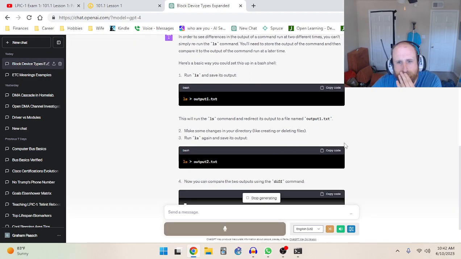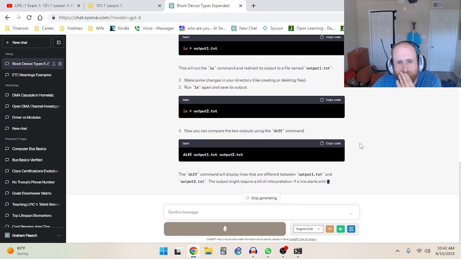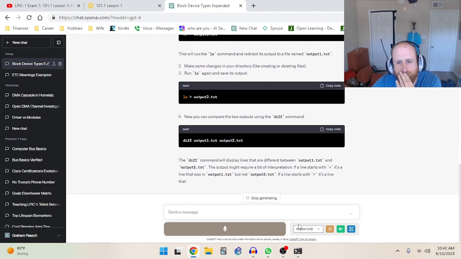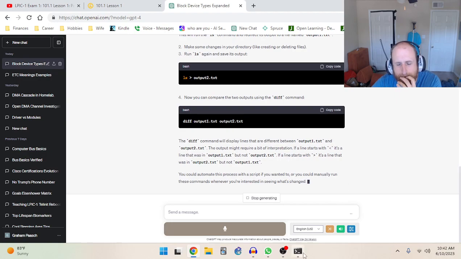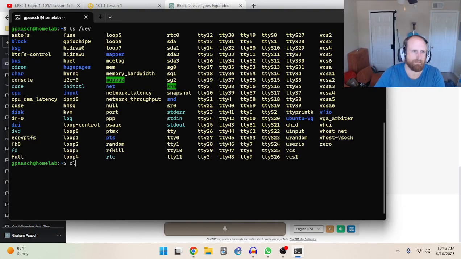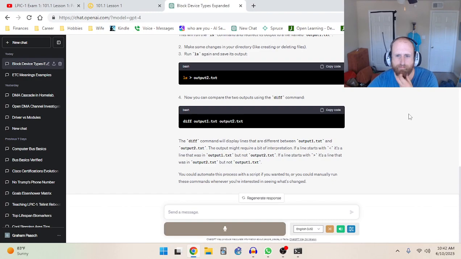Run ls and save its output. This will run the ls command and redirect its output to a file named output1.txt. Make some changes in your directory, like creating or deleting files. Run ls again and save its output. Now you can compare the two outputs using the diff command. The diff command will display lines that are different between output1.txt and output2.txt. The output might require a bit of